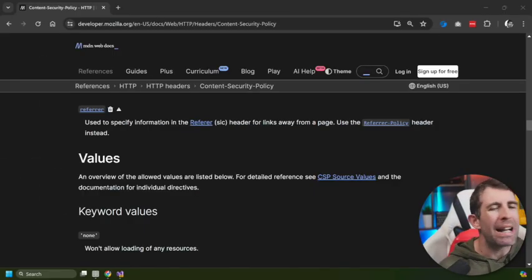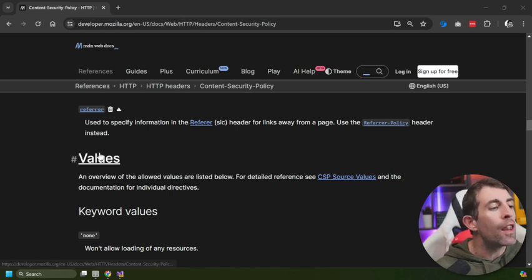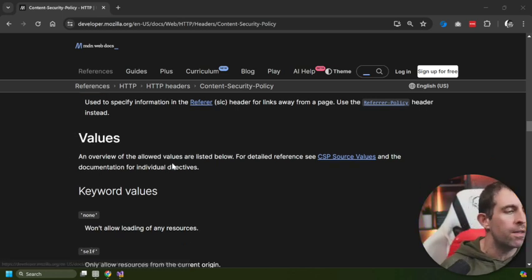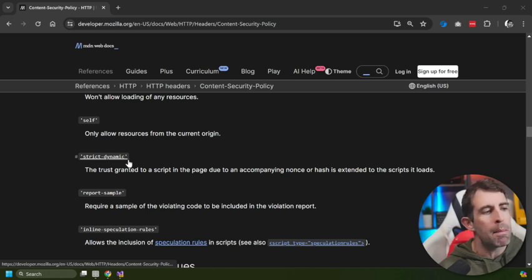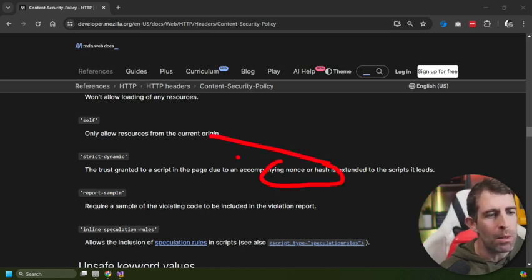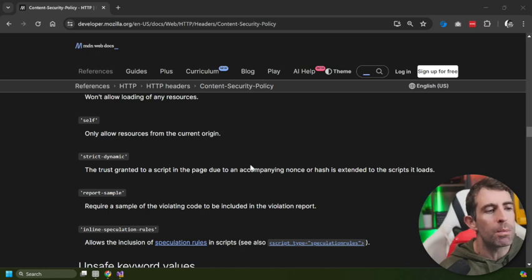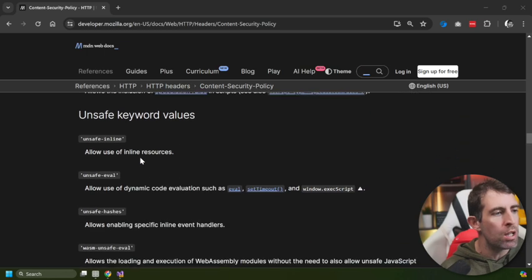Now, if we quickly go back to thinking around configuration, we've seen none and self. Let's quickly look at some of the other values that you can use against your directives. So none, nothing's going to load. Self is only resources from the current origin. We've got strict-dynamic, where the trust is granted to a script in the page due to an accompanying nonce. So nonce, I mean, it's not the best word in the world. However, if you need to do some security, you can add in an extra hash to make sure that the rules are okay. We've also got report-sample, we've got inline-speculation-rules, and then